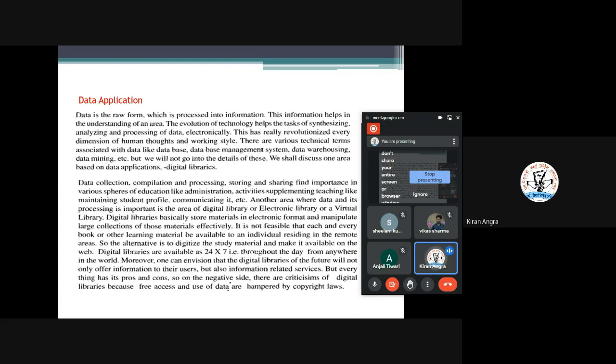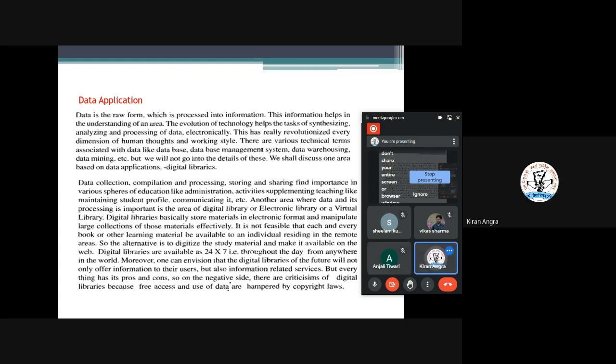Therefore, various technical terms like data, database, database management, data warehousing, data mining are there for the data applications. So data collection, compilation, processing, storing and sharing find a lot of importance in our education as well as